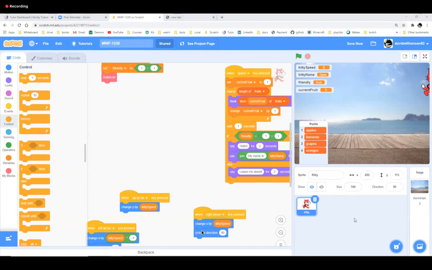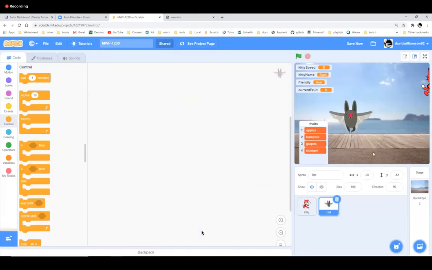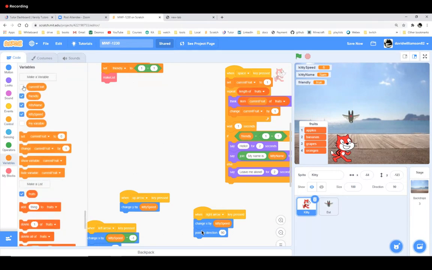What I really need to do is grab a new sprite for this, okay? I'll choose a sprite. I'm gonna choose the bat. This is the best sprite for this demonstration, hands down. It's the first one I picked, and it's the one that works the best. I'm gonna change it to 40% of his size. I'm gonna move the kitty back down. Oh, the kitty's getting scared. It's too scared to be in the sky. Let me get rid of my variables. Settle down, everybody. Not you guys, but the variable displays.